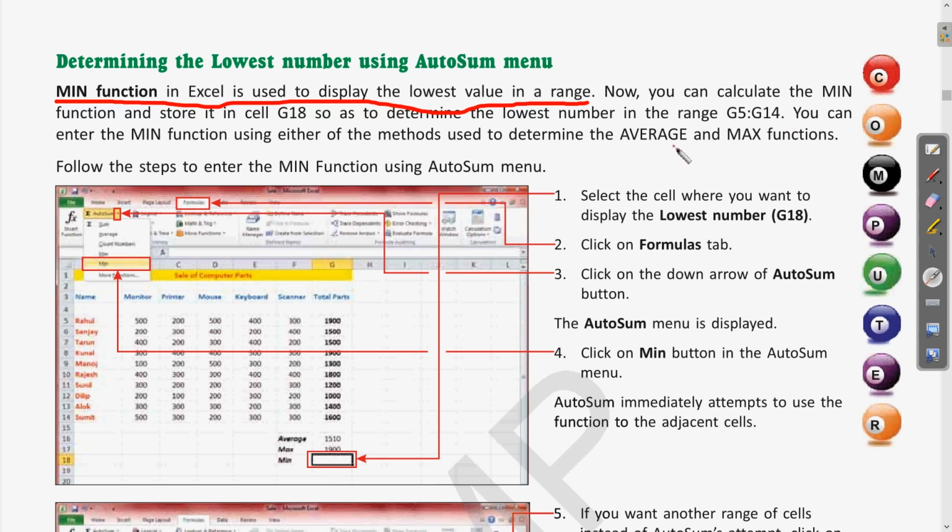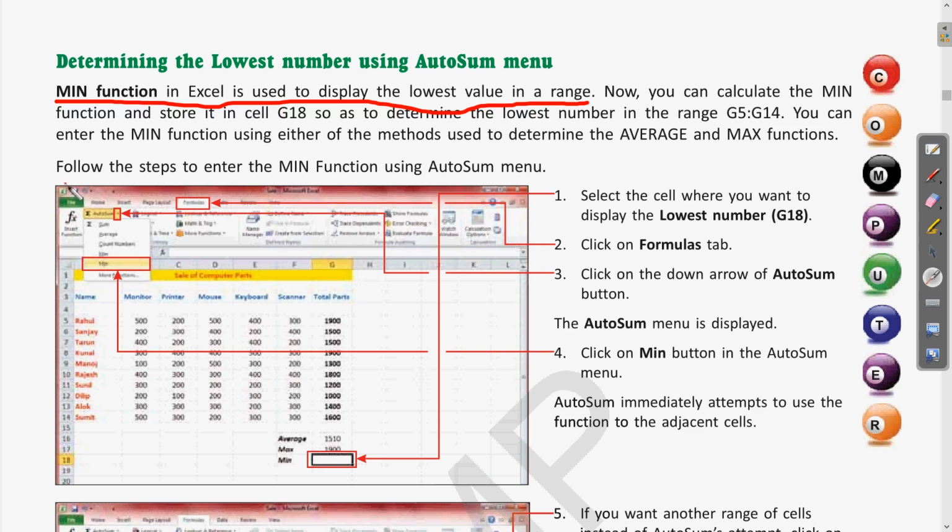You can enter the min function using either of the methods used for the average and max functions. We have seen two methods: the first was writing the name of the function and then the range, and the second was the function box. So we can write this by either of these two.